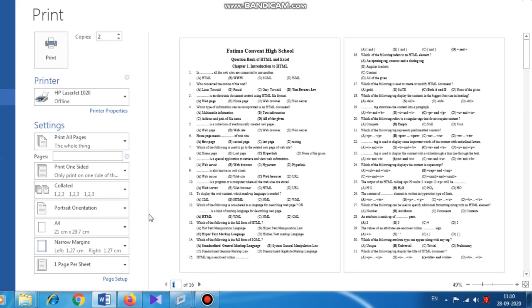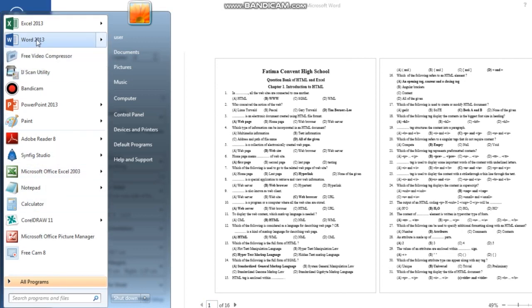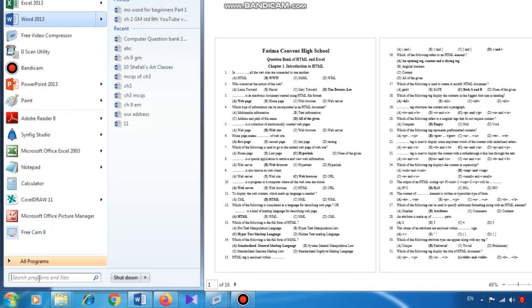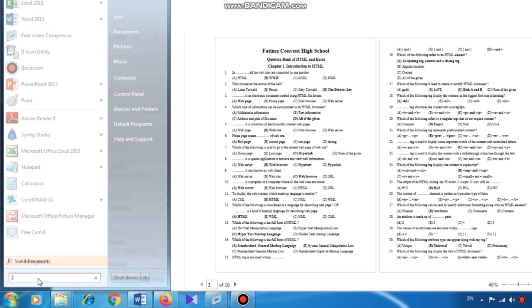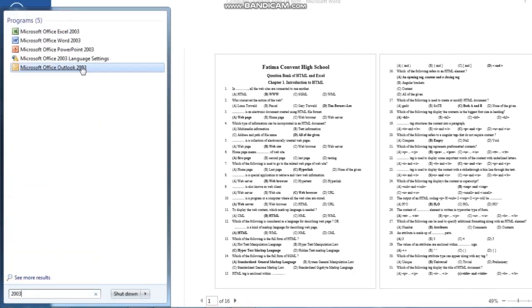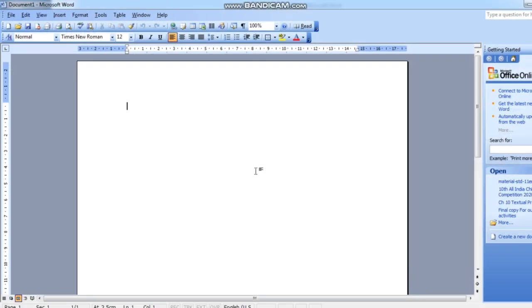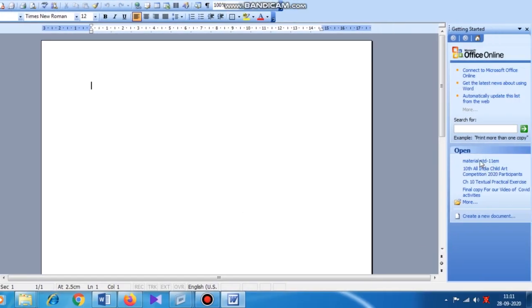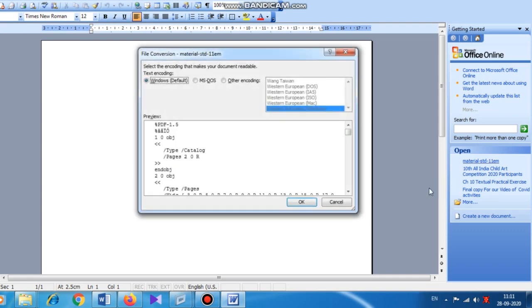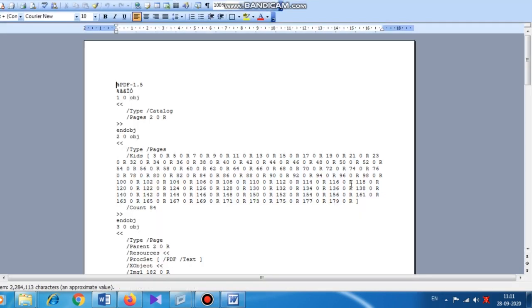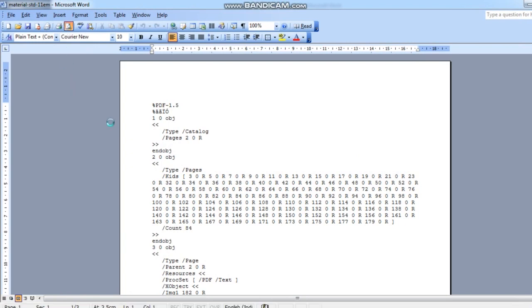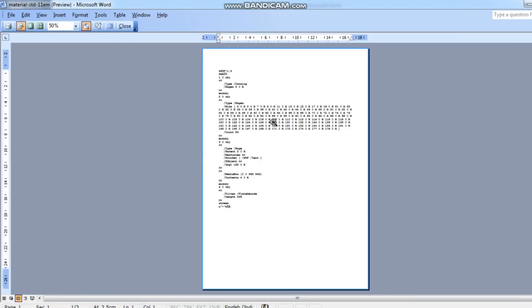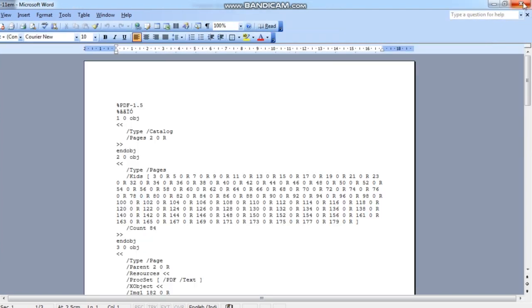In some other version, for example, I open a file in 2003 version. Okay, just a minute. In the 2003 version, the print preview will be totally different. Okay, for example, I click on here Material Standard 11th EM. I am not able to open this file. Then it will be different. Okay, if I click on print preview, then it will show me the print preview somewhat like this way. Then I can zoom in and zoom out. So in all the versions it is different. Fine, we continue with 2013 version.